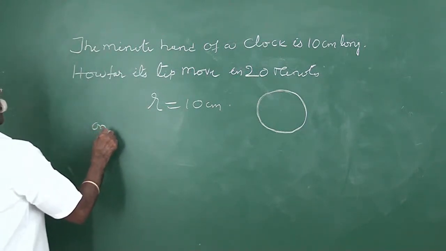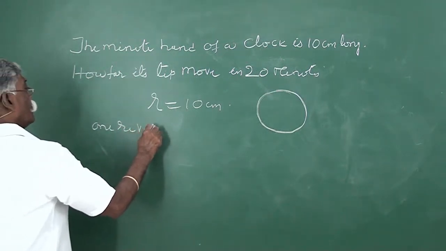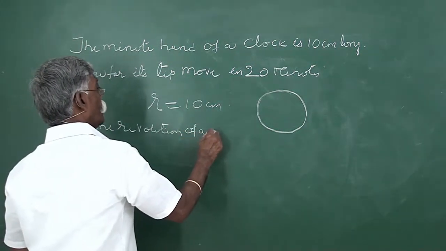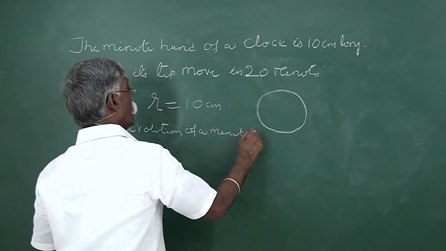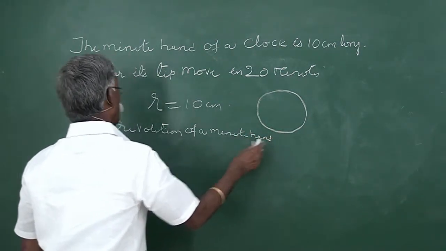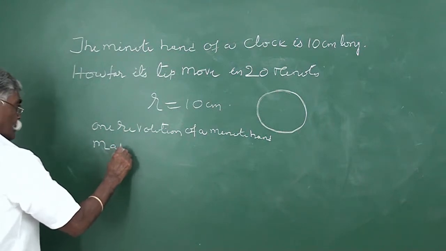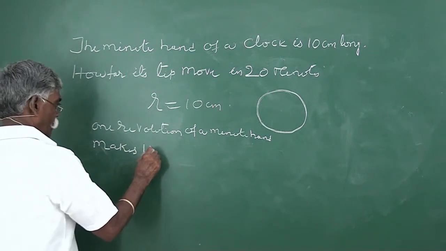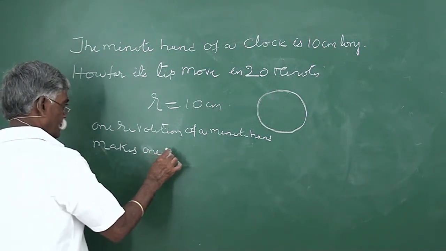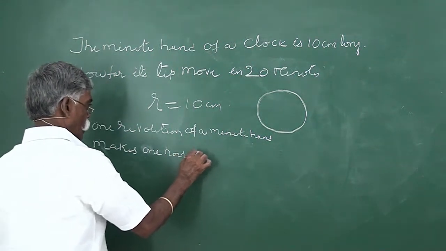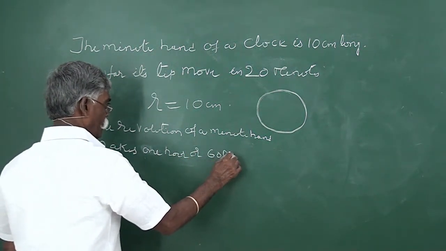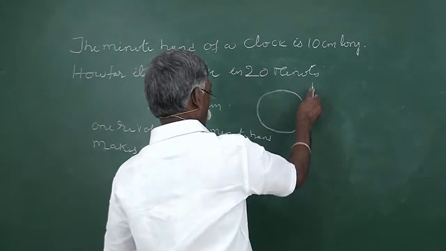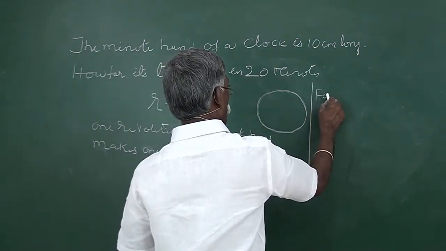So, 1 revolution of a minute hand makes 1 hour or 60 minutes. And for 1 revolution,